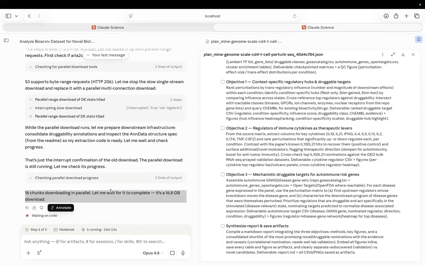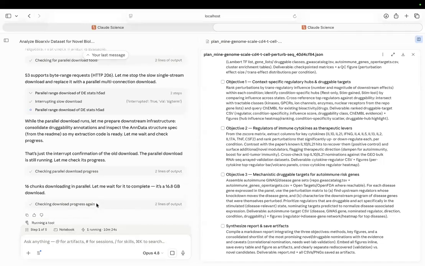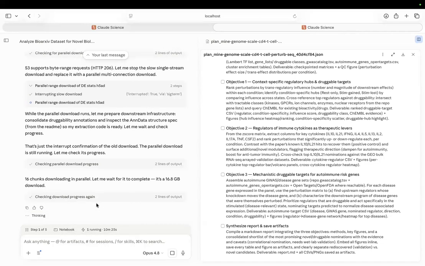Still trying to download the data. You can tell it to continue with the old plan, so it will stop. So at least the people will see. I think everyone... So does everyone have